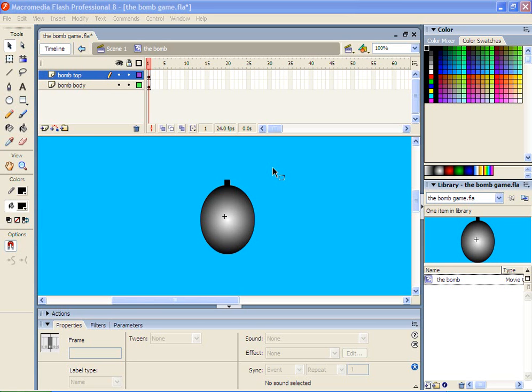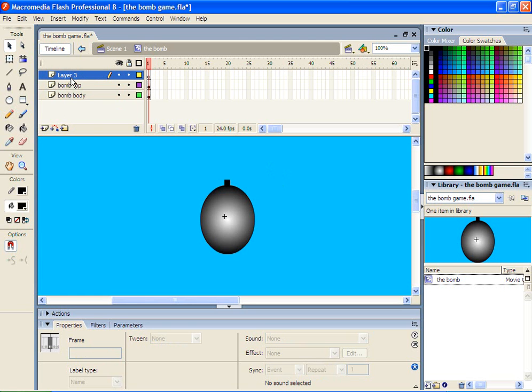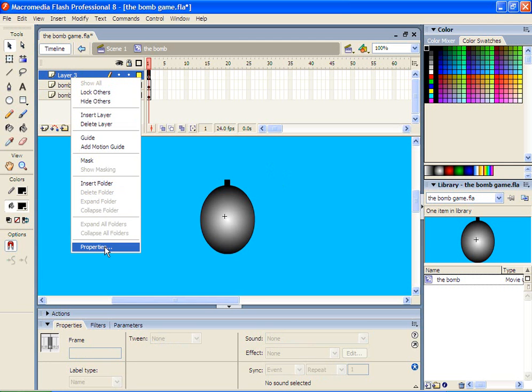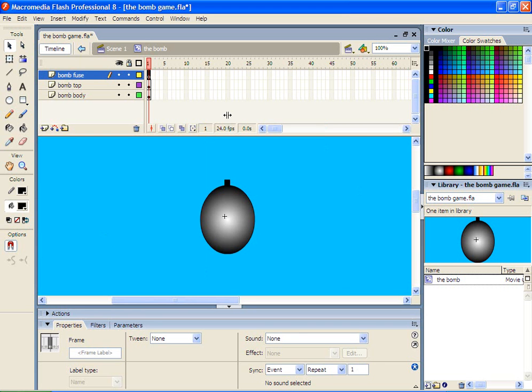Okay, now that I've got a bomb body, and I've also got a top here, I'm going to add another layer using the insert layer button, and I'm going to change its name. This layer, I'm going to call the bomb fuse. Okay, fantastic. Now, making sure that I have the bomb fuse layer selected, I'm going to draw the fuse